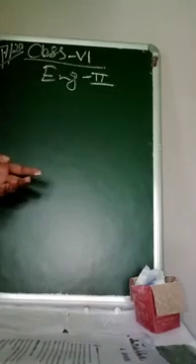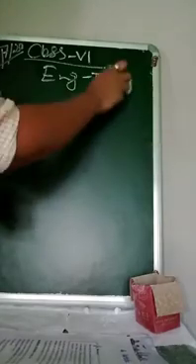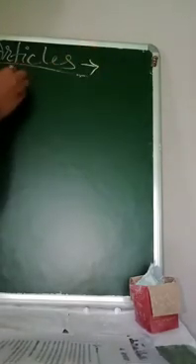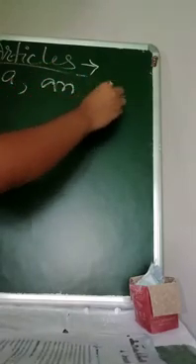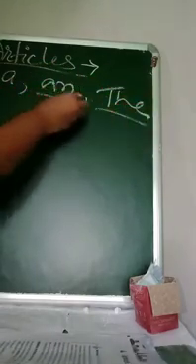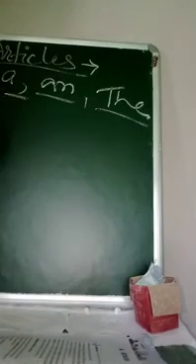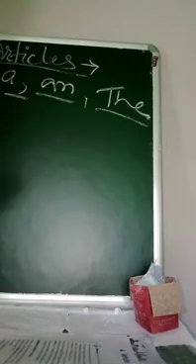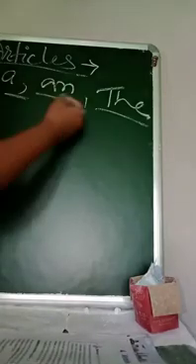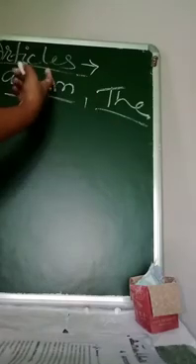Today we will start with chapter 4, that is articles. Alright, so chapter 4 is articles. We have read about articles when you were in class 1 or 2. Okay, so what are articles? There are three kinds that we have learned so far. What are they? A, an and the. So these three are called articles. They are used in a sentence, right? That helps make the sentence sound proper, right? So these three are articles.